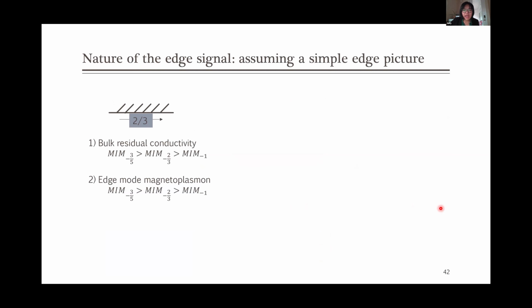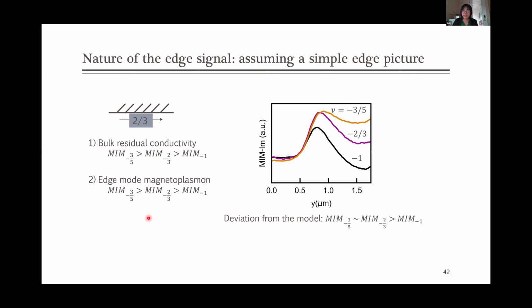So for the nature of the edge signal, if we assume a simple edge picture, then what we see is, you have a 2/3 edge state, and then we will have this type of observation from theory. But then we also saw that those edge states have certain deviations of their intensities from the model. And those deviations from the model, as you can tell, the 2/3 and 3/5 states, they don't look like having very large contrast in their intensities,